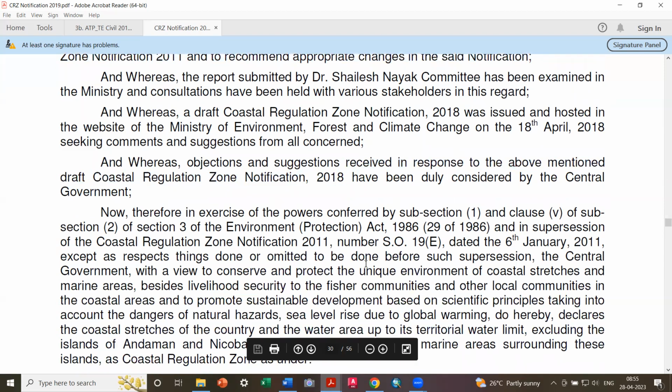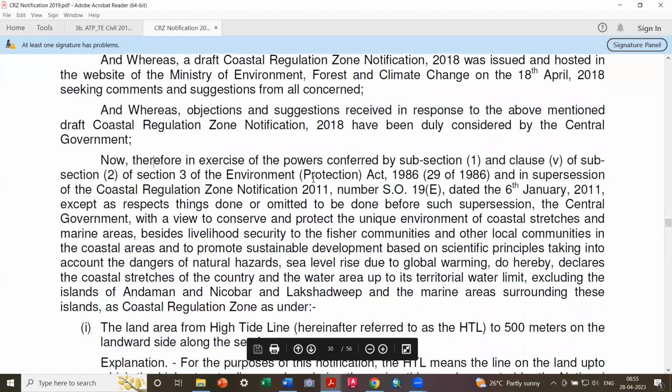So now therefore, in exercise of the powers conferred by sub-section 1, the clause details are there. Except as respects things done or omitted to be done before such supersession,